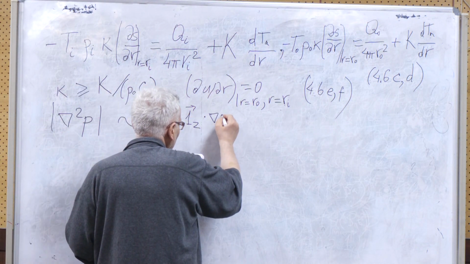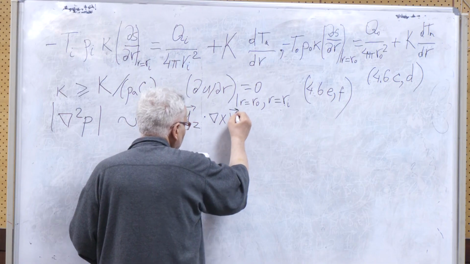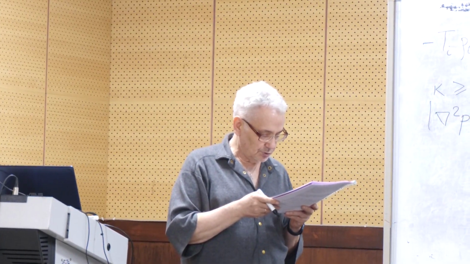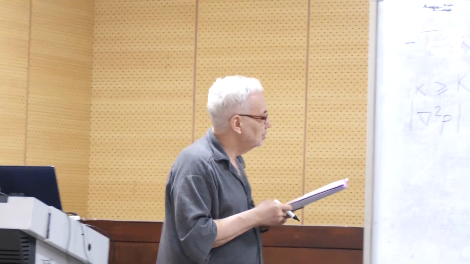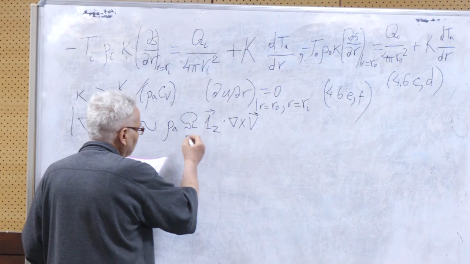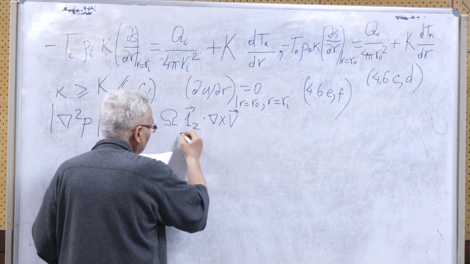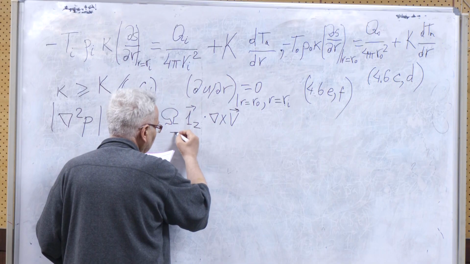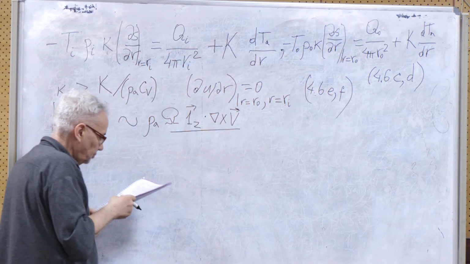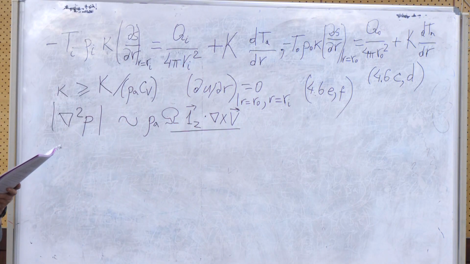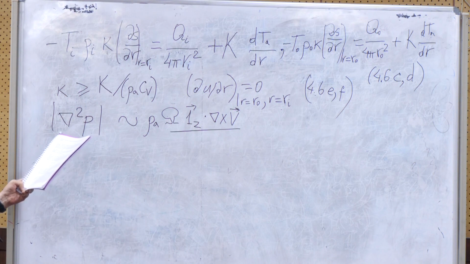times grad V. So after manipulation with this equation, which was shown here, we can get the same relation. So it's due to the dominance of the Coriolis force. The part of the Coriolis force is included here, but here we have some derivatives of the fit. And then, due to the dominance of the Coriolis force, accordingly, the term proportional to Laplacian P